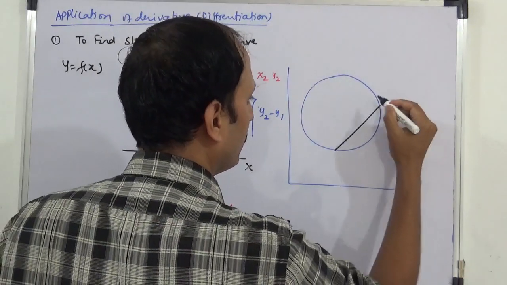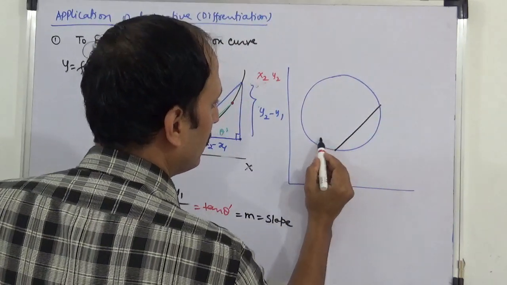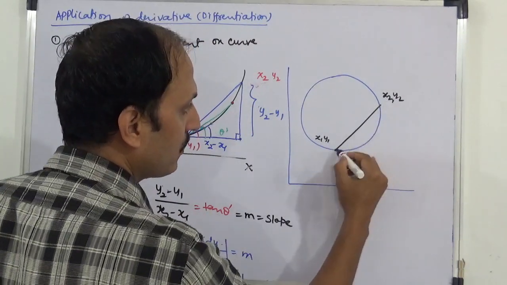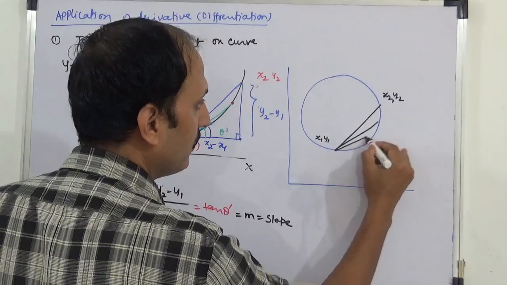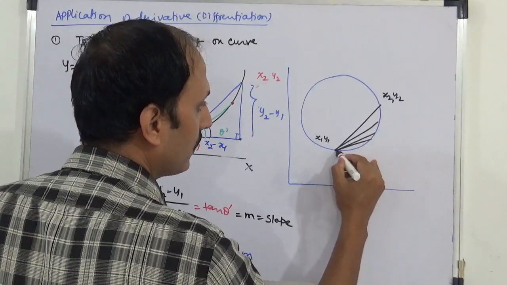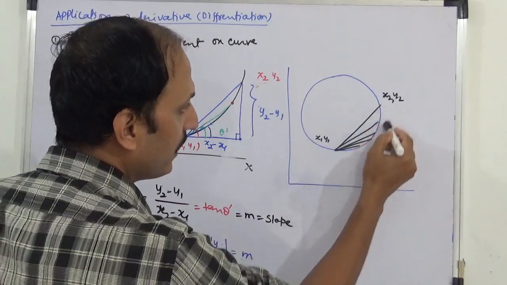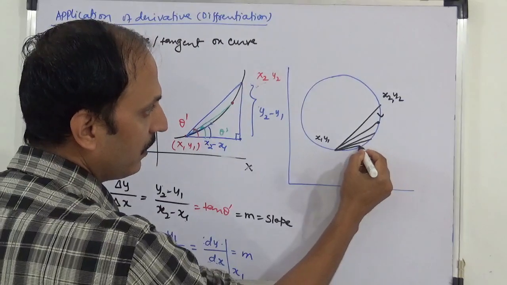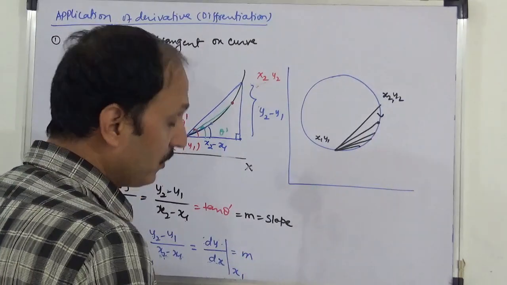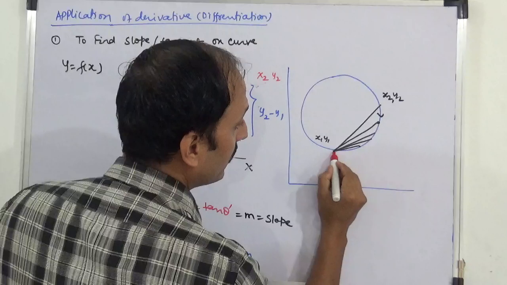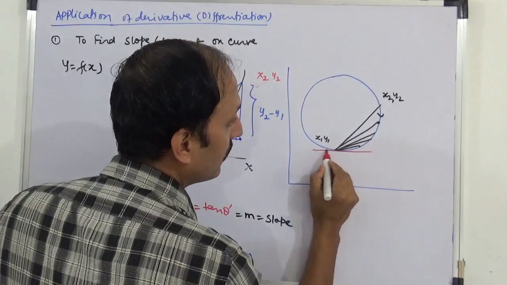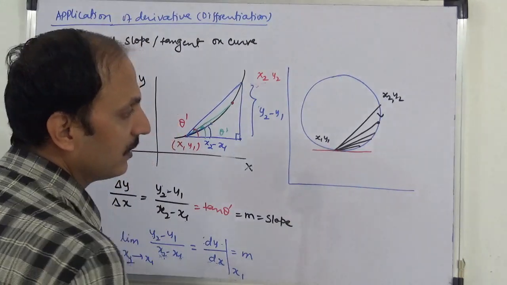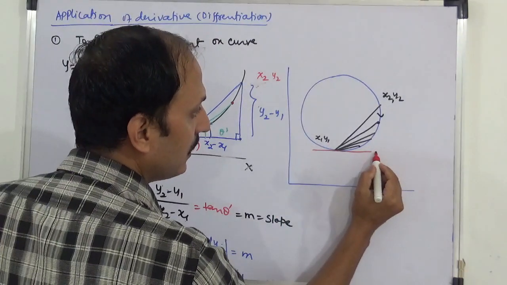So here let's say this is x1, y1, this is x2, y2. Now x2 is coming close, so now this line is going to go like this. For some point when x2 is very close to this, x2 is decreasing, so y2 will decrease, and when x2 becomes very close to x1, this line will become a straight line, a tangent, which means it will be a tangent to this point, and this tangent is basically dy by